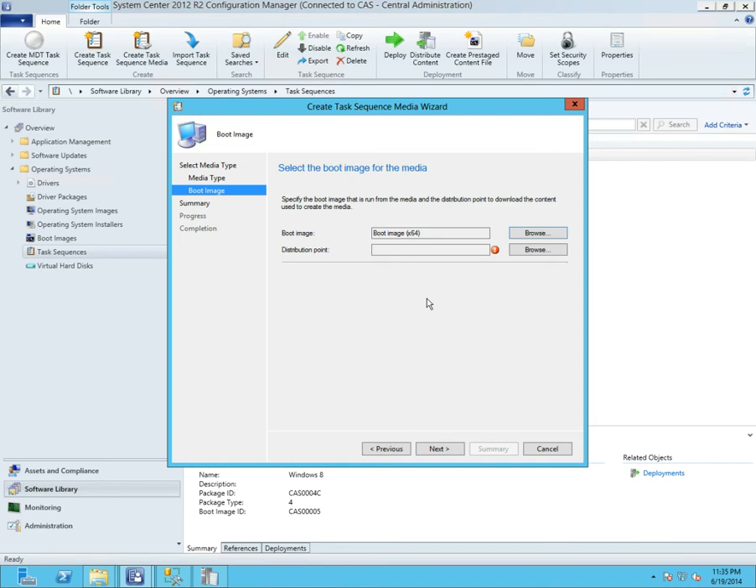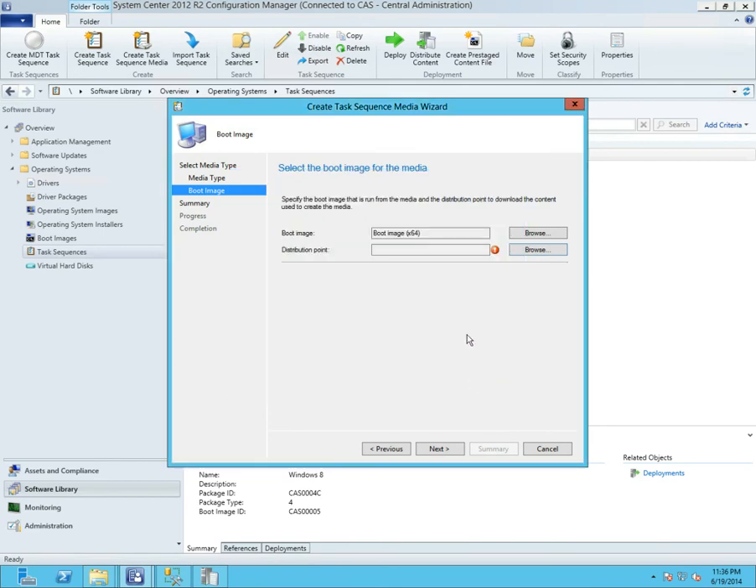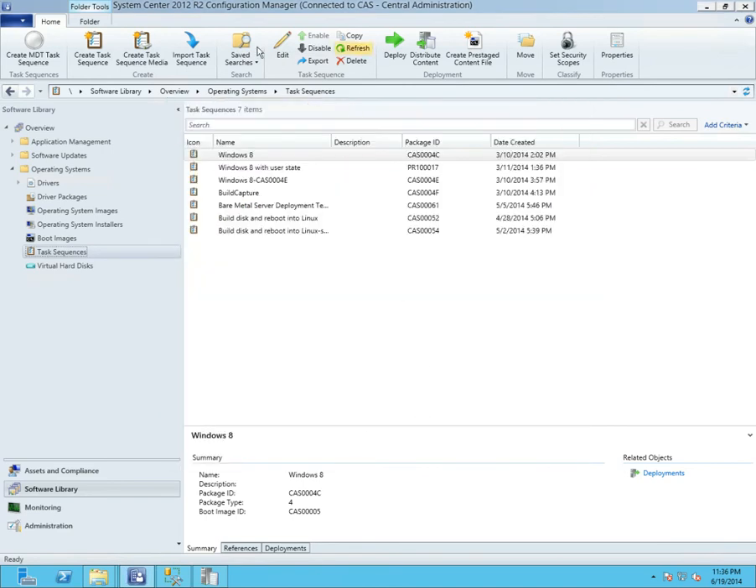architecture of the machine. Haven't tested it for capture. Certainly that's the case for deployment, so it's just a good idea to get in the habit of doing those things. Then you can browse to a distribution point. Oh, oops, there's none for this. Never mind, that's fine. I don't need to actually put it on a distribution point here because I already have it created. But you would choose a distribution point, click next, and off we would go to get this created. All right. So let's move to the Windows 8 system and walk through the wizard to actually get this